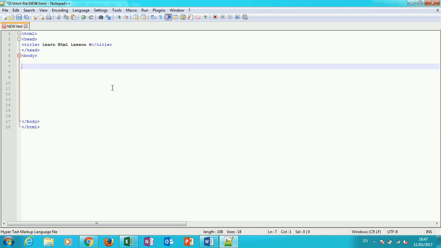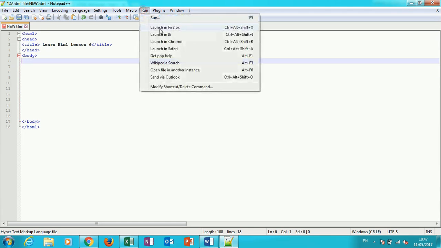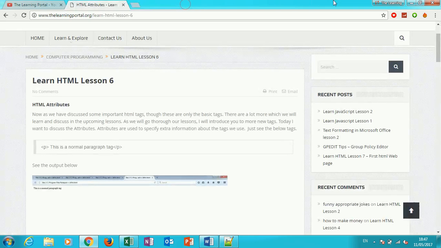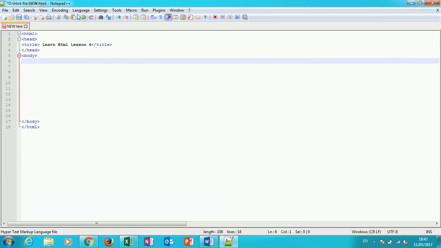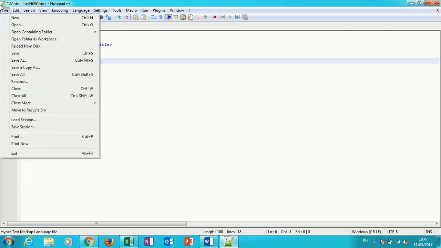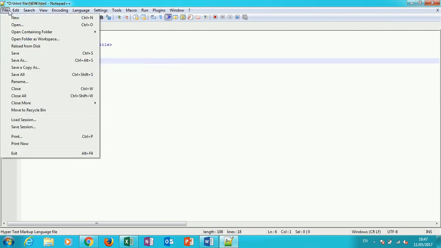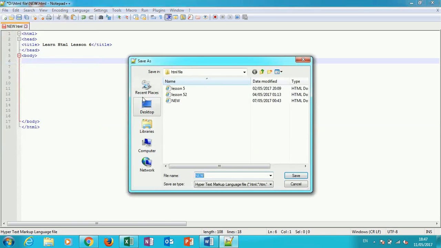So let's just try this. Just let me run it. Launch in Chrome, and if you see, there is no text, nothing at all. So just let me do something, because I think it's the same file which I was using for Java. Okay, it's on HTML, save as HTML file,